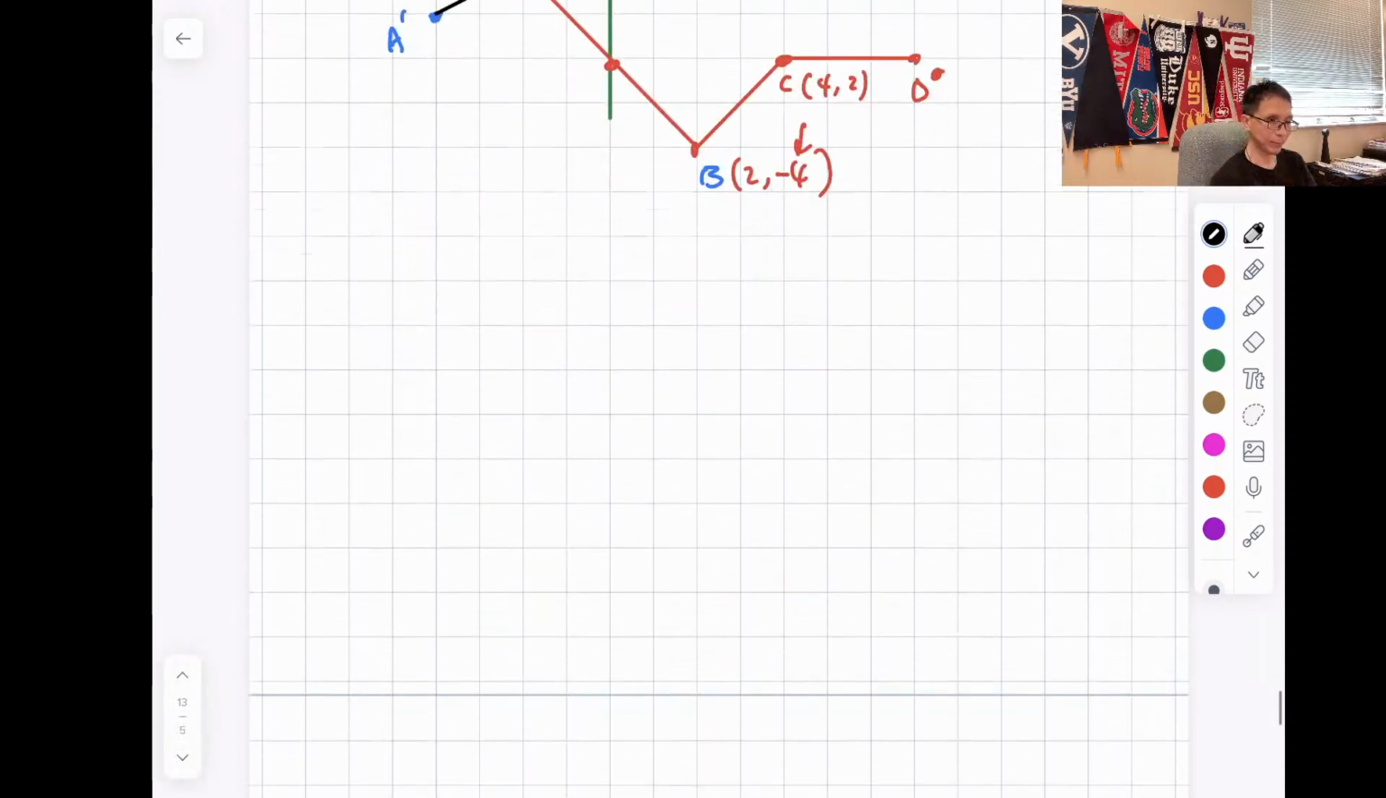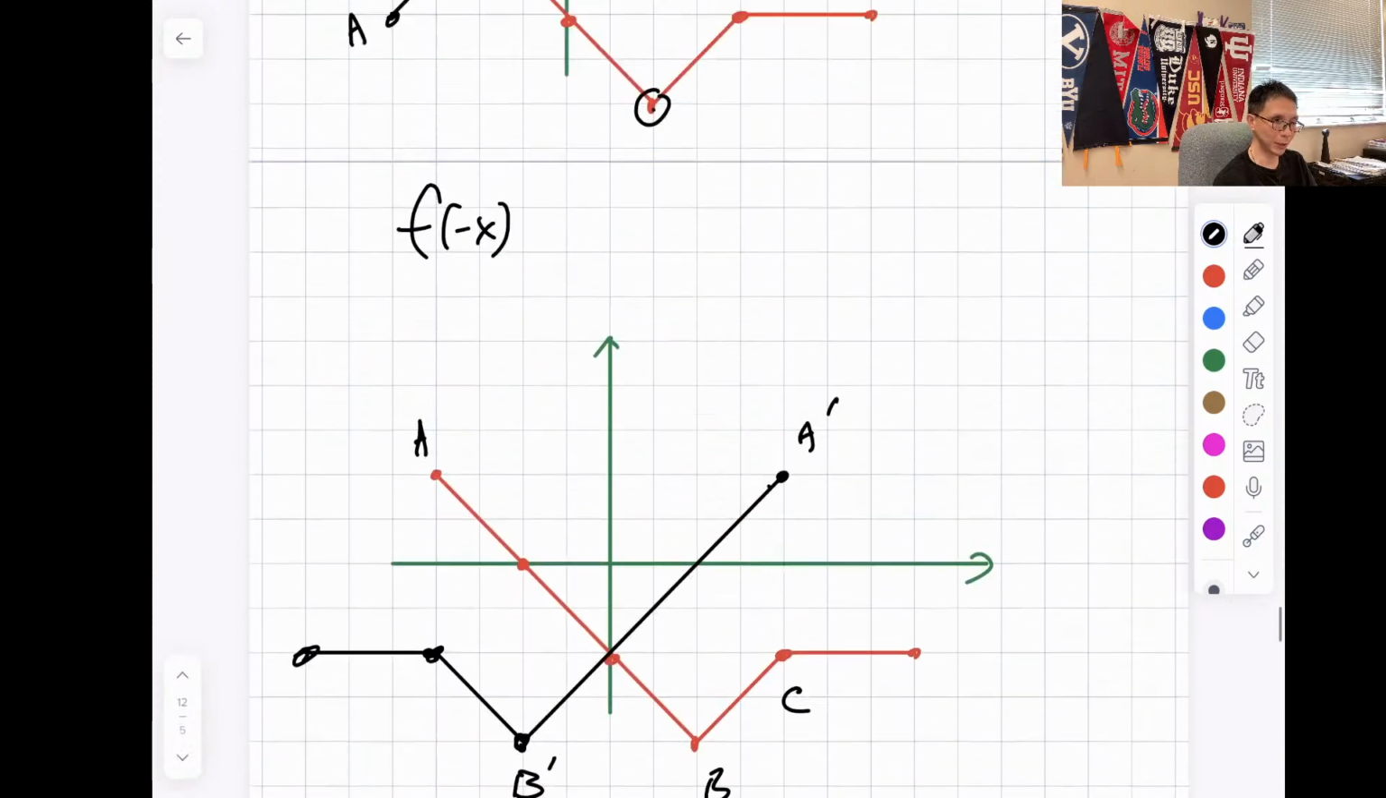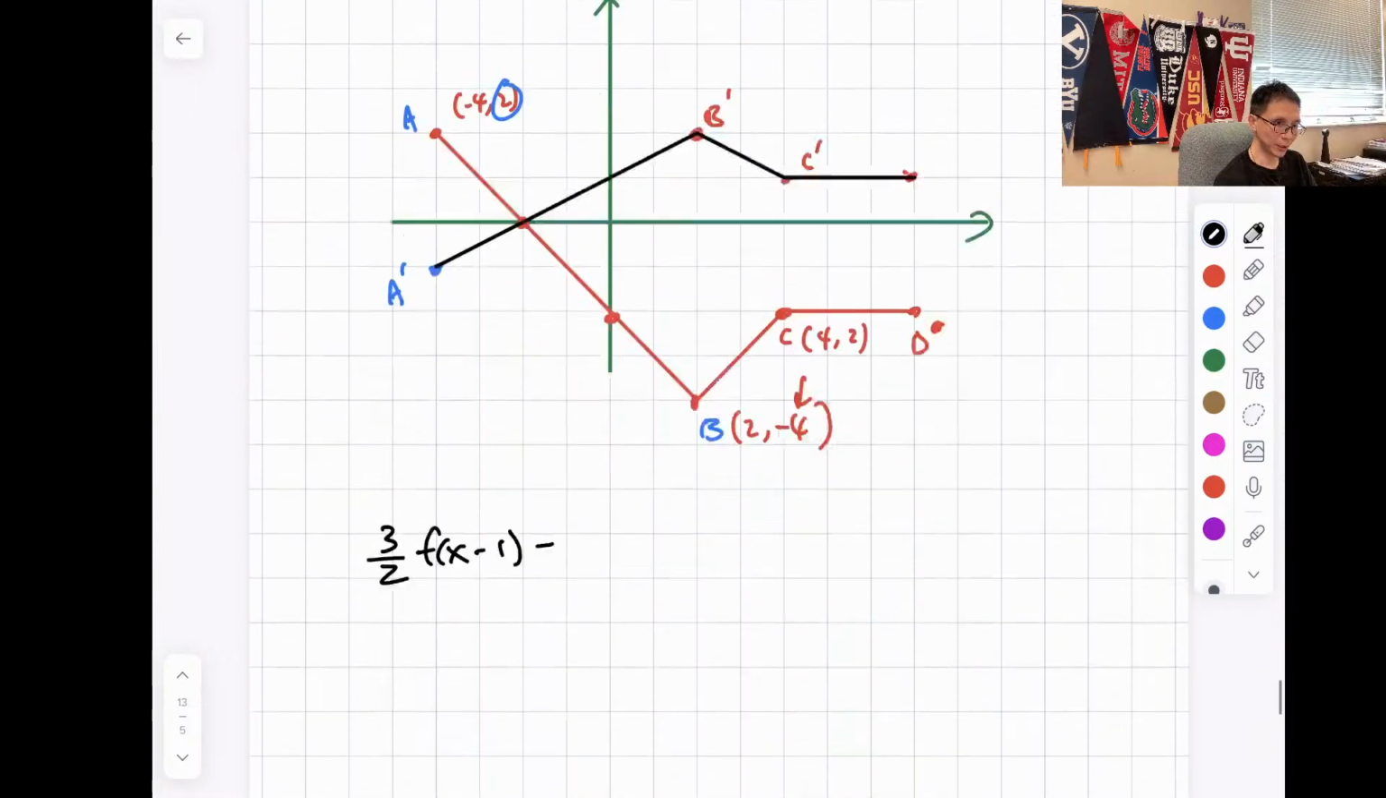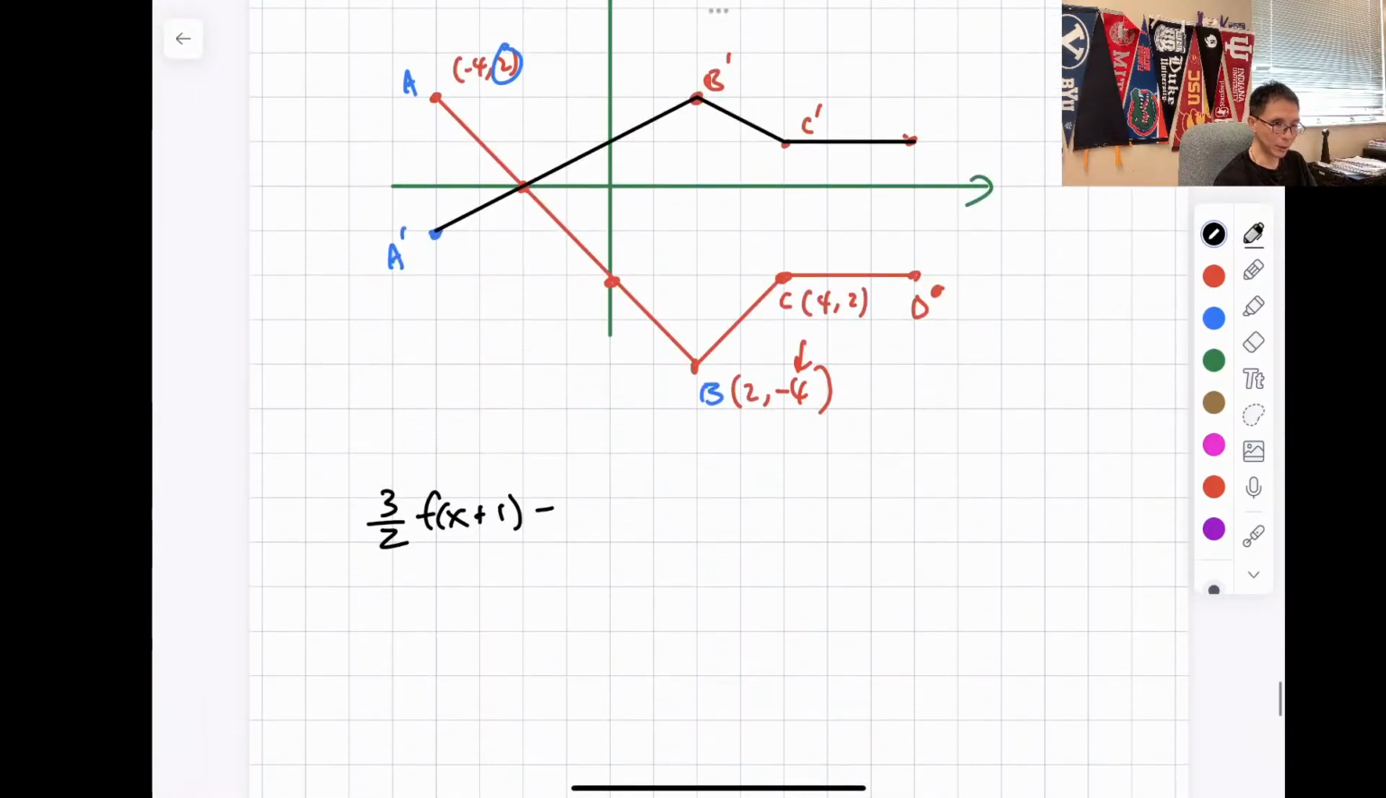Okay. So how about this? Actually, we're gonna go with 3/2 f of x minus 1. Actually, did we do -1 before? Yeah, we did. We're gonna say +2, +1, -2. So